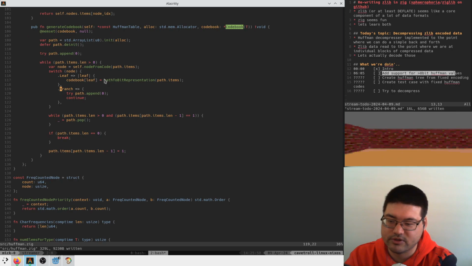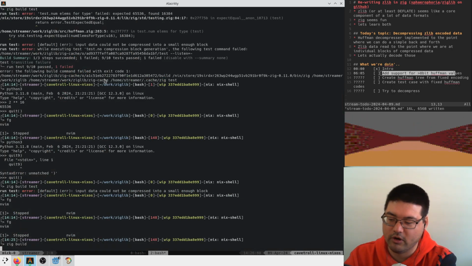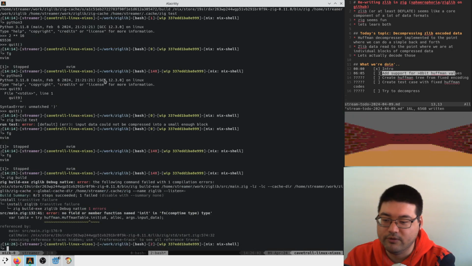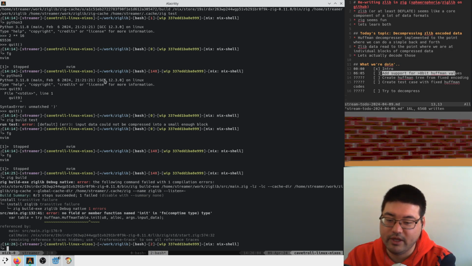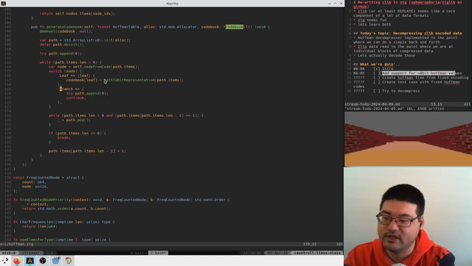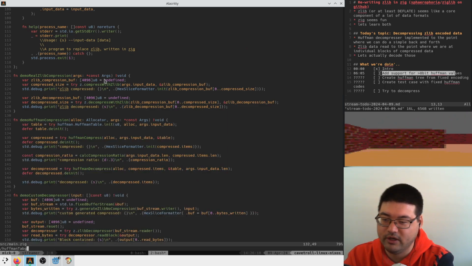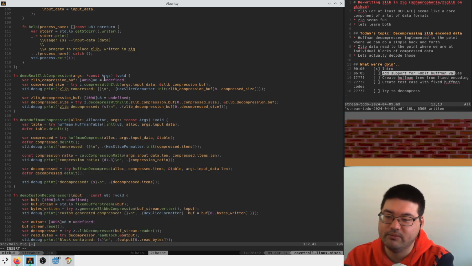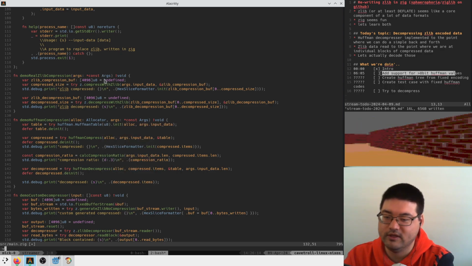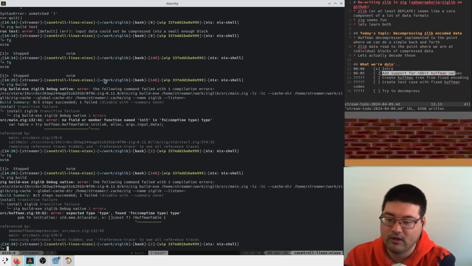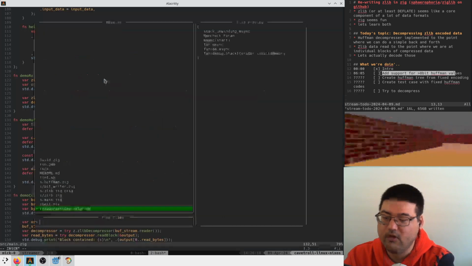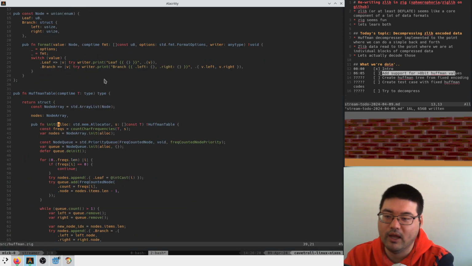Okay, there's all sorts of things that are going to be broken here, and I guess we just start going one by one and fix them. So our Huffman table init is wrong now. This is in main.zig, Huffman table init here. Now we're going to say Huffman table u8 init like this. Okay, that's one. Huffman.zig 39, we have,